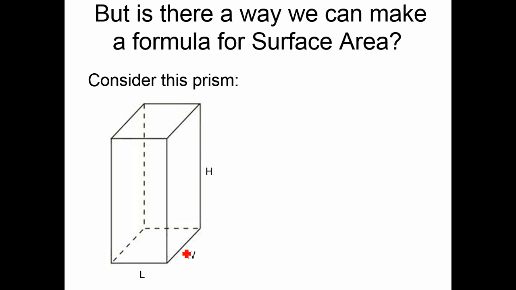So let's consider this prism. It's just a simple rectangular prism. If I were going to decompose the surface area, I would think about this as basically the area of the two bases, right? So I'll have area of two bases plus area of the lateral sides, okay? So the area of the two bases, I'd have 2 times